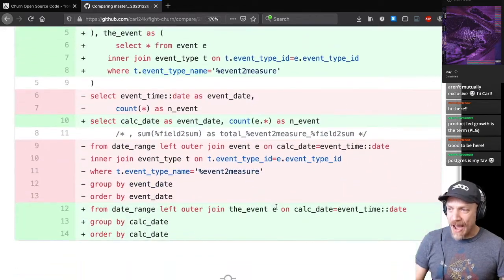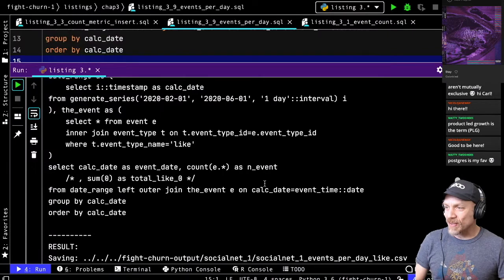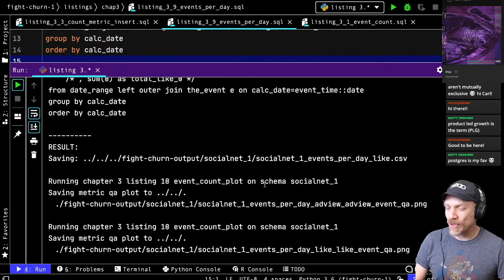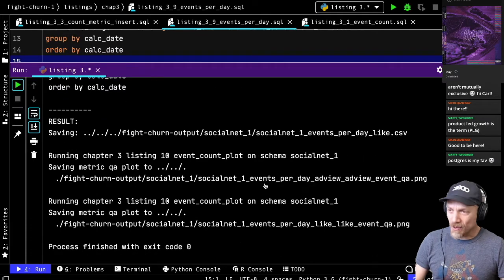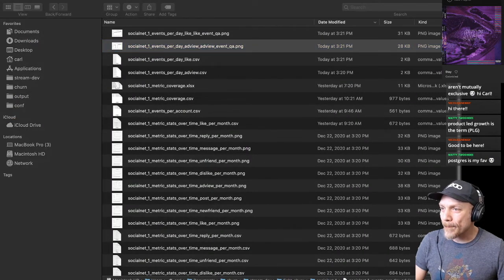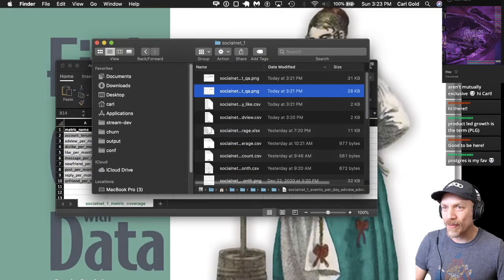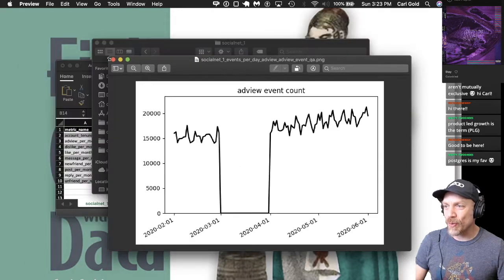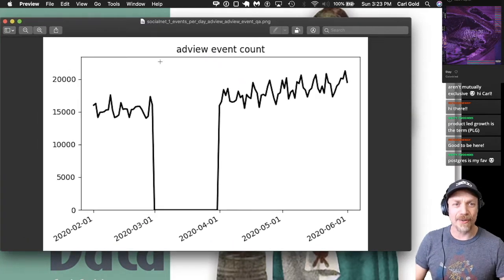Now the result that we want to get, let's see how this is running. All right, it looks like everything has run while we were looking at the diff. And the correct result is going to be this. Whoops, I always have this problem with the pictures opening up in the other window. So here we go. This is the way it's supposed to look when you're missing data in the event count, because it clearly shows you the month of April where there are no events.